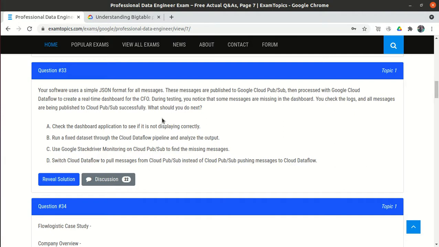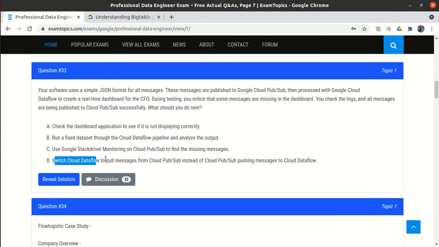So what is the use of the monitoring tool? It would just tell us we have missing messages in Cloud Pub/Sub, nothing else, and we already know this. So there is no advantage. It should not be our next step. So option C is also eliminated.